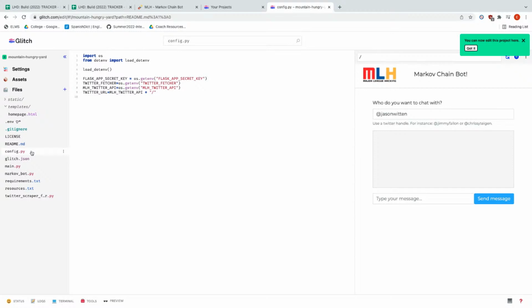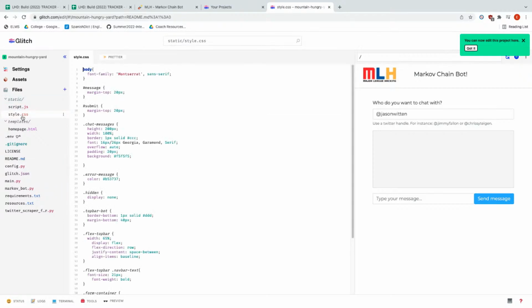This is a file that tells Glitch how to run our app. It makes it run. You know, it configures everything, tells Glitch, tells Flask, this is how we're running it. We have style.css, which I think is in the static folder. That's the CSS.